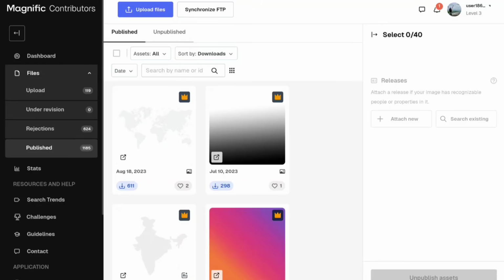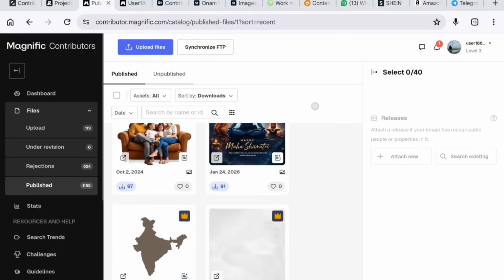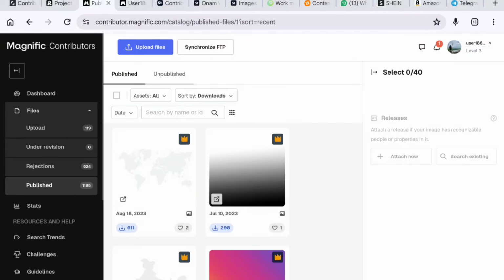You can do it manually, or give it to Magnific Contributor and it will fill all your metadata. Fourth, submit the content for review. Then wait for the review process. Once it's approved, your content becomes available on the platform. And these are the images which are on the platform. And finally, you can track its performance and your earnings through your contributor dashboard.